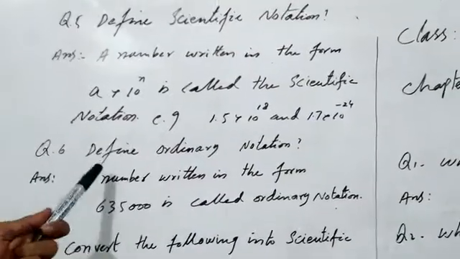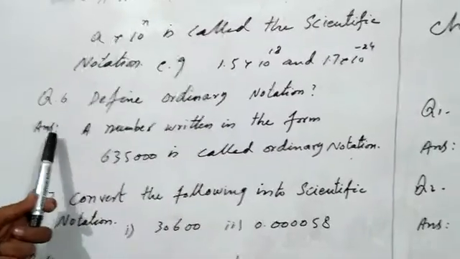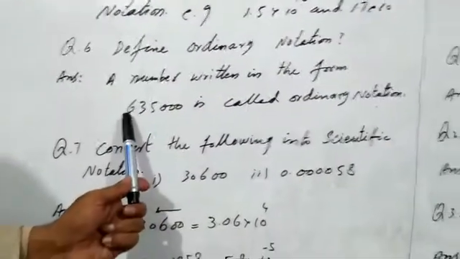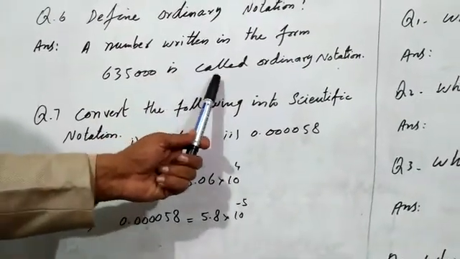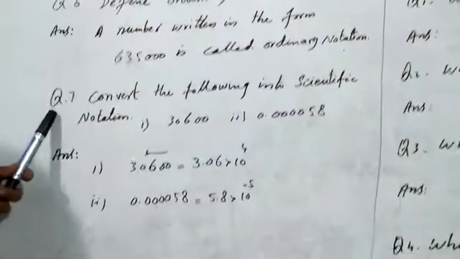In question 6, define ordinary notation. Answer is a number written in the form 635,000 is called ordinary notation. In question number 7,